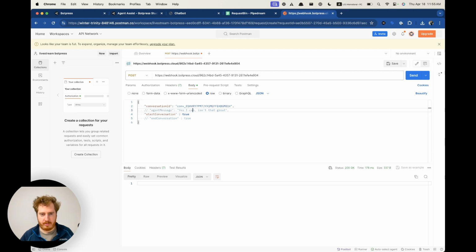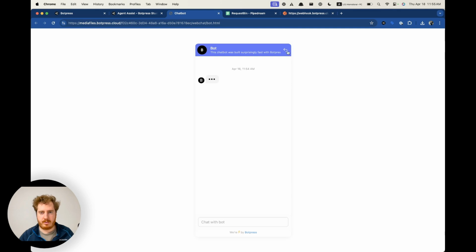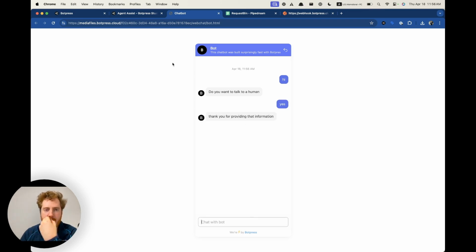Okay, so the general flow should be something like this. So you start with start conversation, then agent message, then end conversation. It might not like that I'm sending this. Okay, all right, hopefully that worked. Okay, hi. Do you want to talk to a human? Yes. Thank you for providing that information. Okay, perfect. Now we're assuming that someone out there, an agent, has to come by